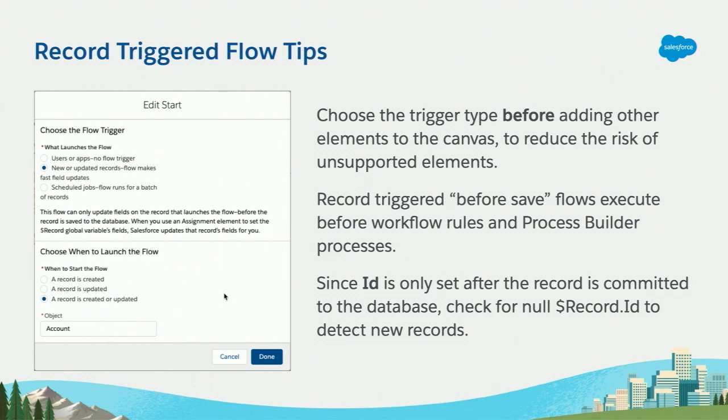So that means that, again, some of the fields might not be available, like created by. If it's a new record, it won't have a created by because it's not in the database yet. And it also means that that's why a lot of the other things that you expect to see in a flow aren't supported. Now, all of those things are still in Process Builder, and you will see us adding an after record change trigger as well to flows pretty soon, which will allow you to do those things like launch your external services actions. But for now, the before save flows are limited to fast field updates,